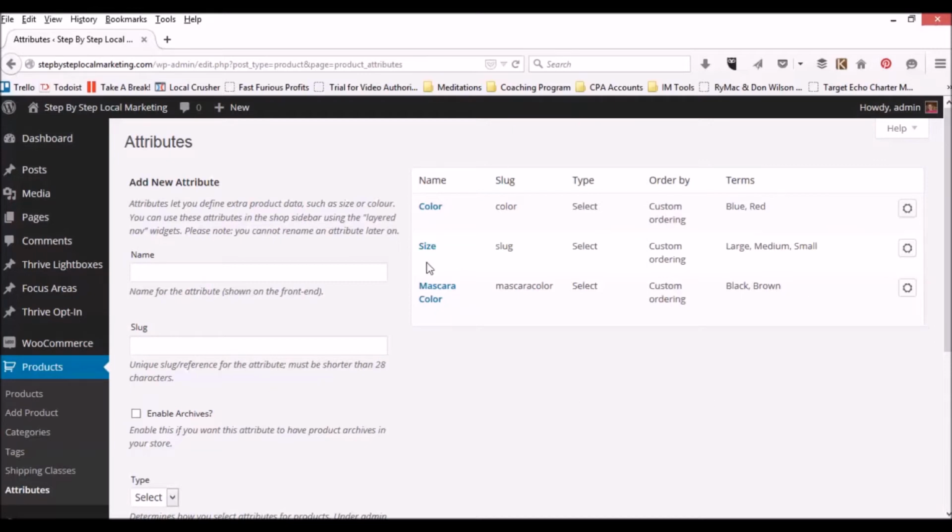So once you have your attribute set up, I do recommend that you set up your choices before you add products to your website. It's going to make things simpler for you, because if you add the products first and then come back and add the attributes, then you have to go back to every single product and add the attribute later. So plan your structure for building your e-commerce site so you know what your color choices are going to be. Add those color choices first and then pop back over to add product,